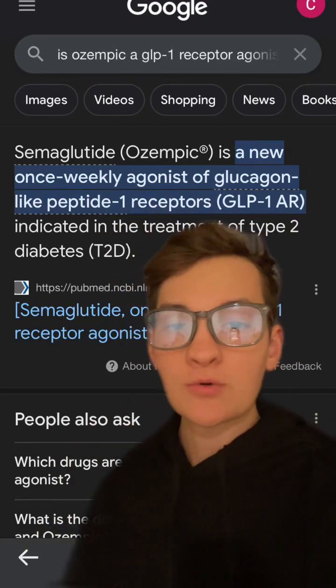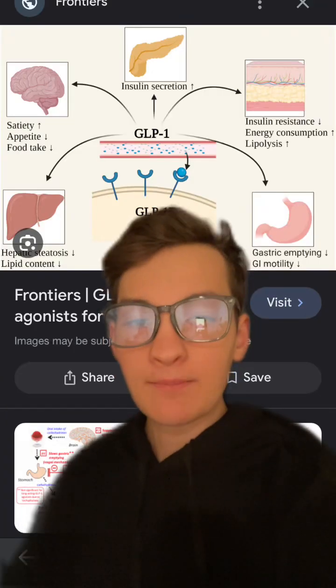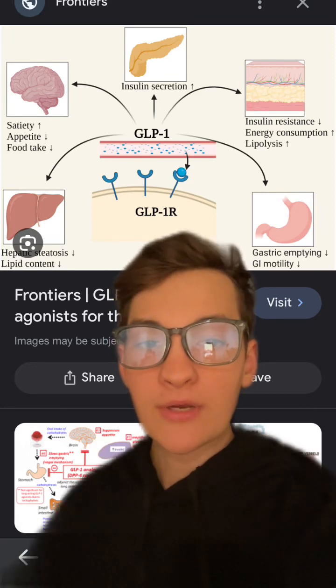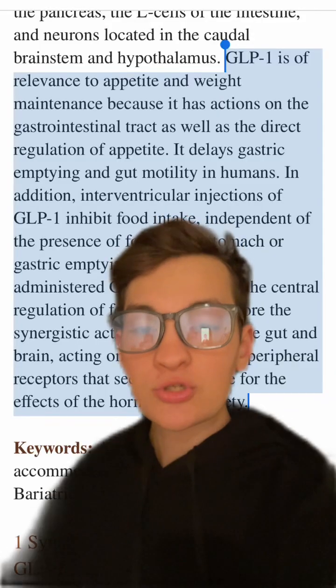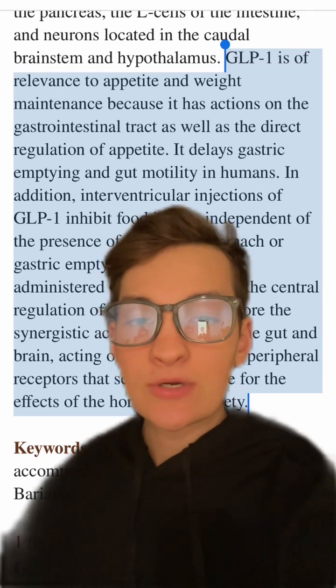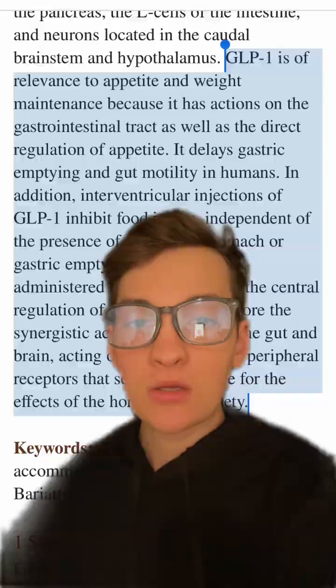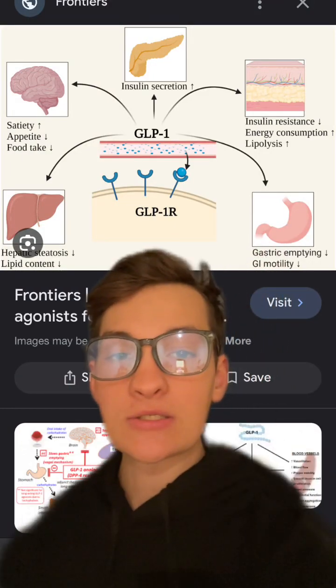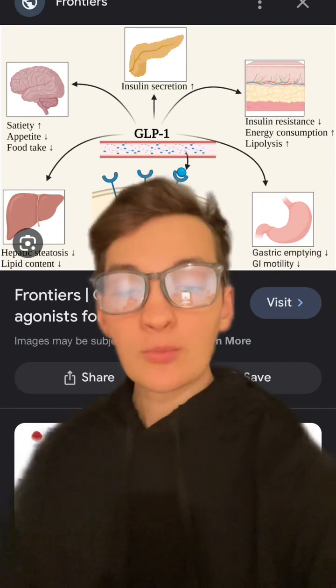Ozempic is a GLP-1 receptor agonist, which means it can bind to and activate the GLP-1 receptor in the liver, brain, pancreas, fat, and stomach. And this receptor mainly reduces appetite, delays gastric motility, meaning it decreases the speed at which food leaves our stomach. It can also decrease fat accumulation in the liver, increase insulin secretion at the pancreas, and help release energy from